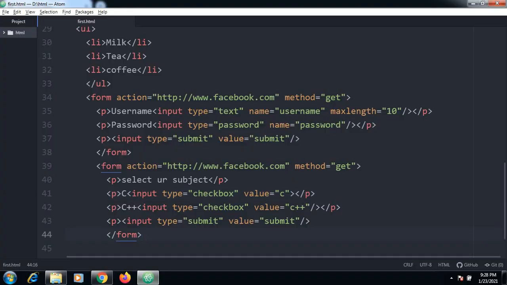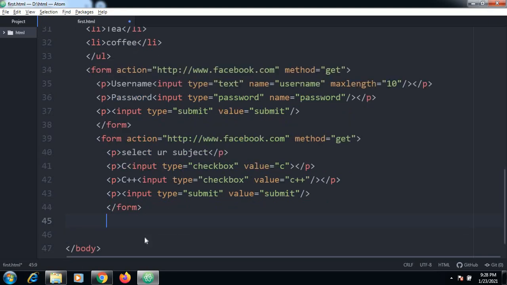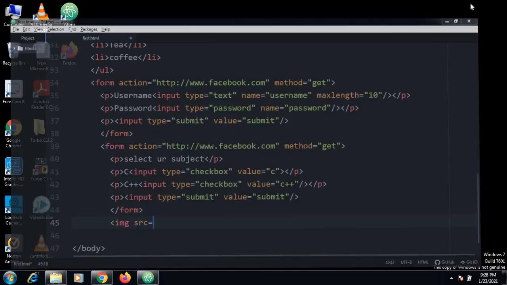We can also insert images inside the particular web page. So how to do this particular thing? We can make use of the image tag. I'll just copy this.